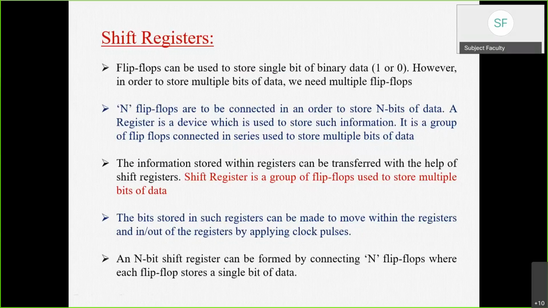So a single flip-flop will store 1 bit of data, and if you want to store 4 bits of data, how many flip-flops will you require? 4. So in our discussion for each type, whether it is serial in, serial out, or parallel in, serial out, and so on,